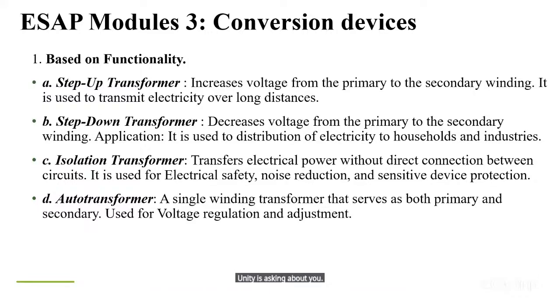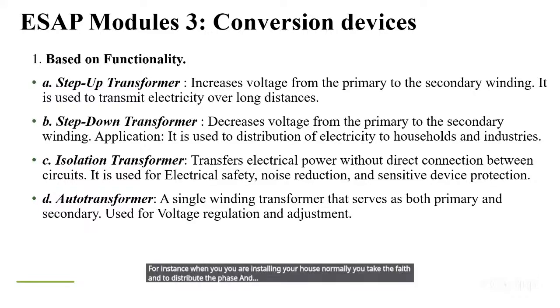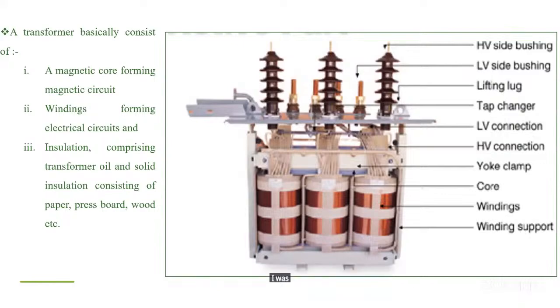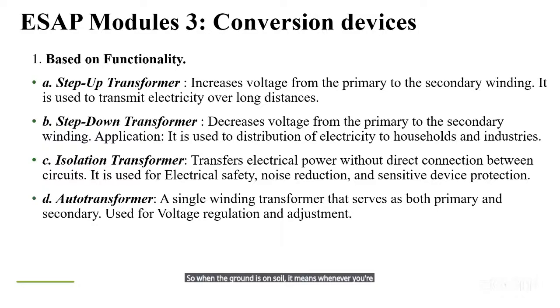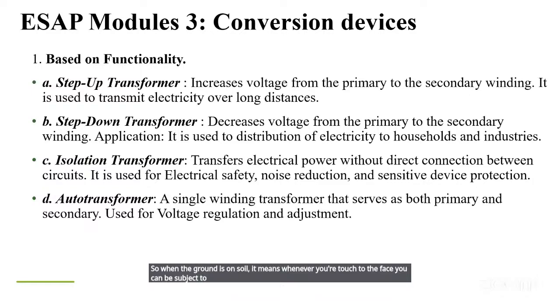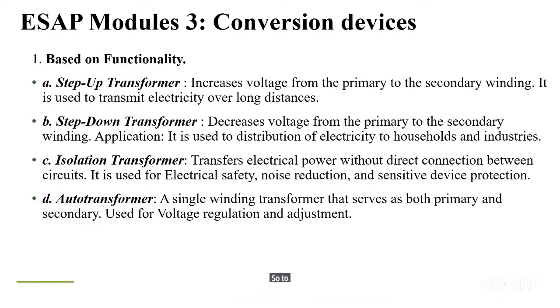I was saying you can take the neutral or you take it on the ground. So when the ground is on soil, it means whenever you touch the phase, you can be subject to electricity. So to avoid that, for instance, when someone is bathing, to keep him safe, people do use an isolation